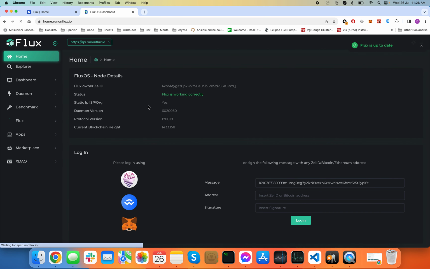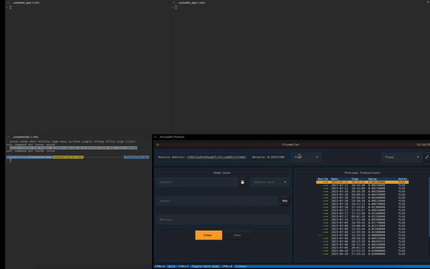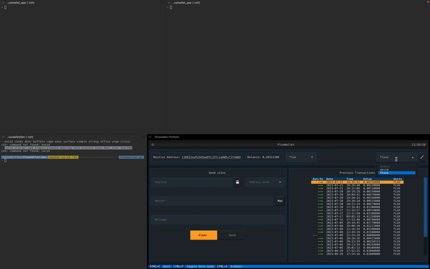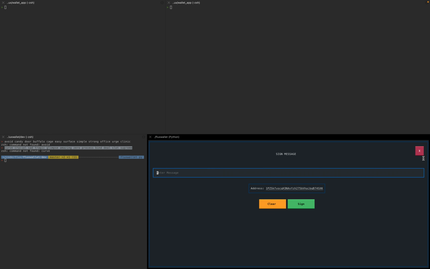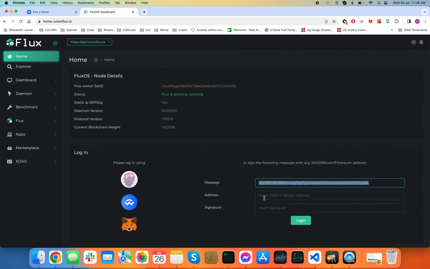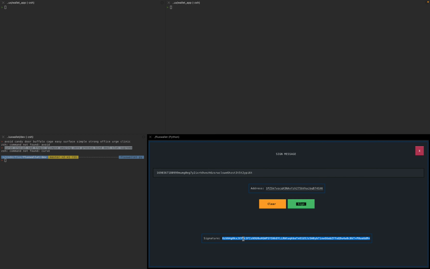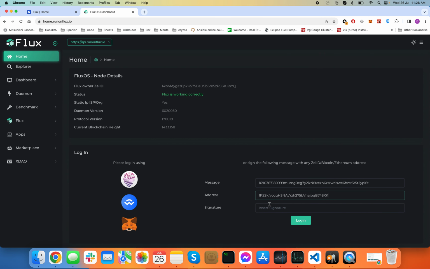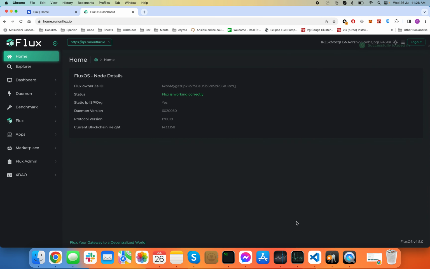Oh, just kidding. Okay, so we can log in here. So let's just take this message. What we can do here is, we'll go back to me. You've got this button here, sign message. So we'll click that. This is a message we want signed, and this is our Bitcoin signing address. This is like the equivalent of a Zelle ID. So we'll sign that. We'll copy the address, pop it in, grab the signature, pop it in, boom,